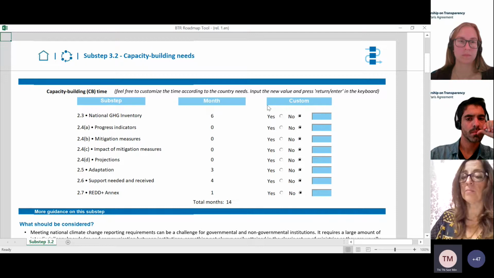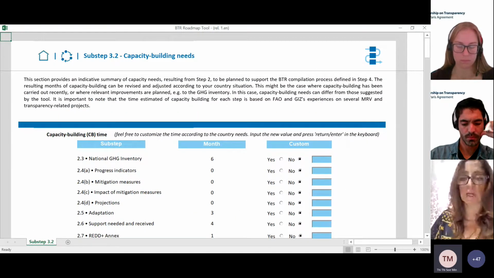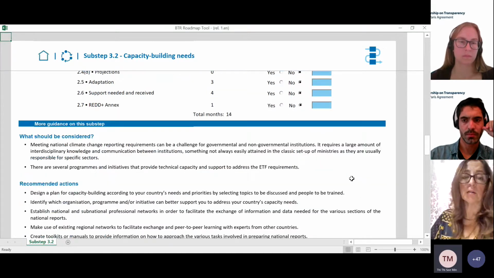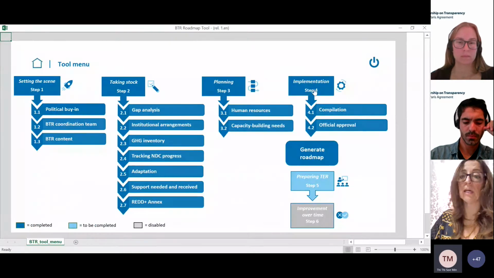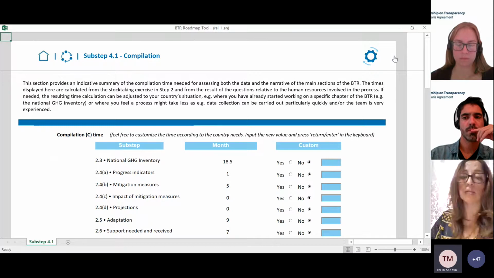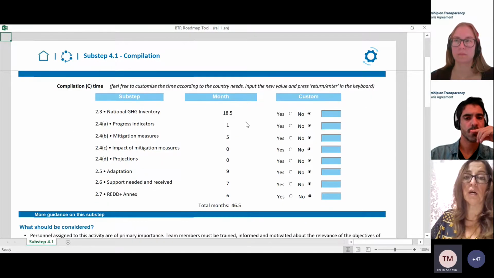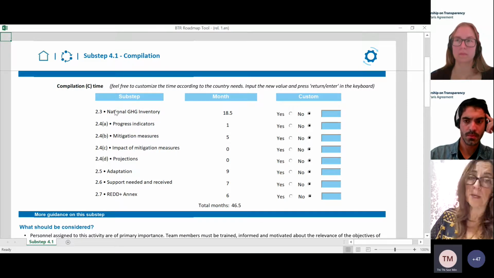For the time being, I'm not going to change anything in order to avoid any specific issue. So actually right now, that is how we move forward on the capacity needs, and we get to the point of the compilation. So based on the compilation, again, based on the reply that you provided so far, it will tell you how long it will take for you to develop and to prepare for any specific section